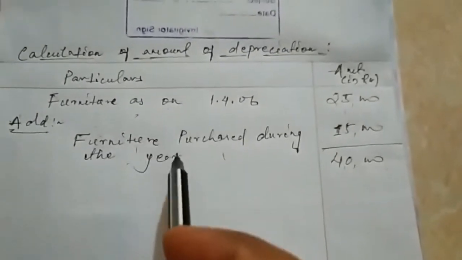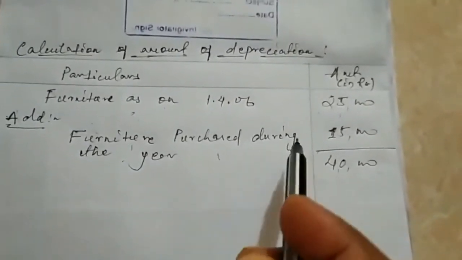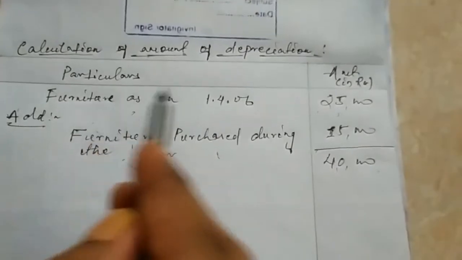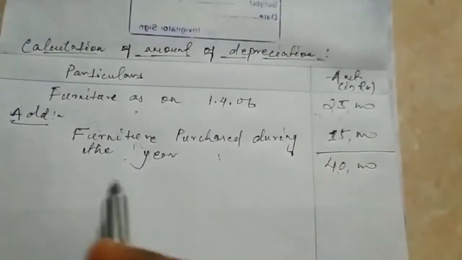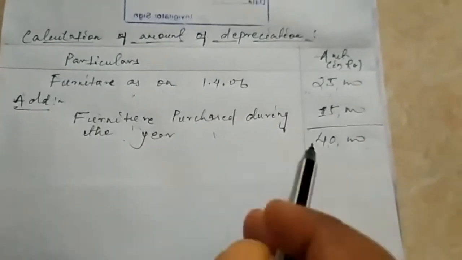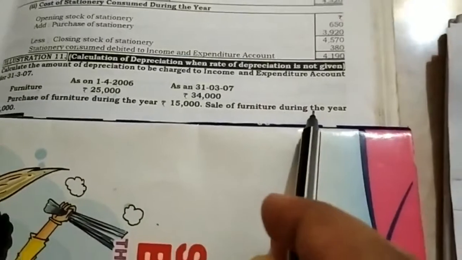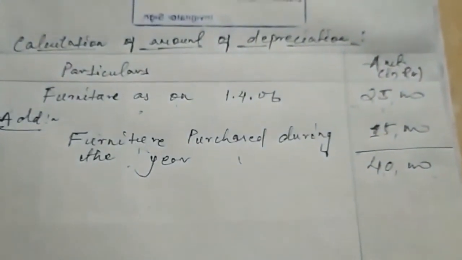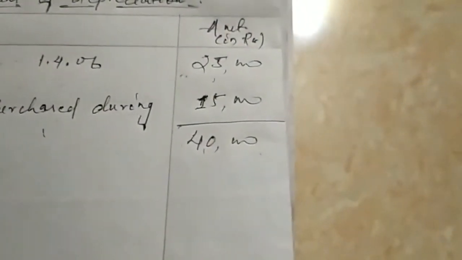Remember students, we have solved a question related to cost of goods sold. There we used to write opening stock, then add purchases, then less closing stock. So similarly we are doing this question, and I have just made a rough format. The second transaction is sale of furniture during the year, 2000. Total furniture in the non-profit making concern, in the society or a club, as stock is 40,000.